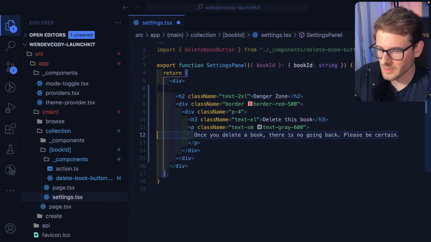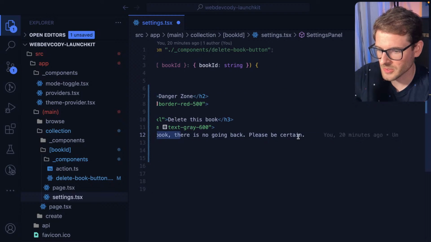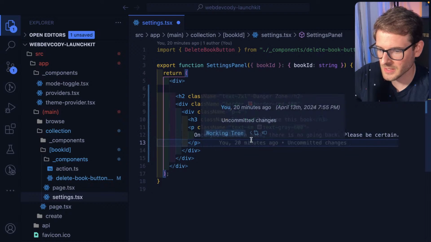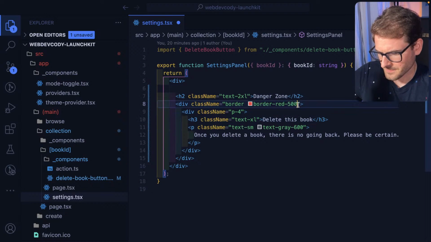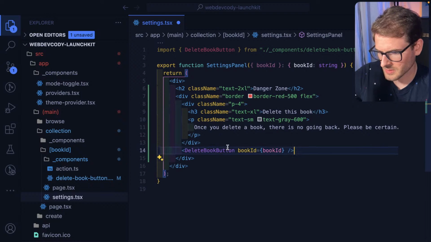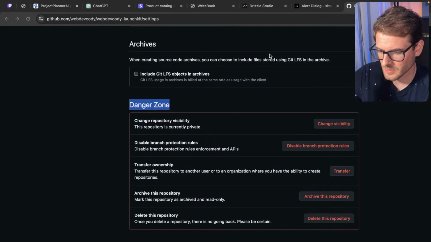Let's just let that happen. Delete this book. Once you delete the book, there's no going back. So this could be a flex, and then we could just put this here. And I think if we go back and look at what it looks like in our app,